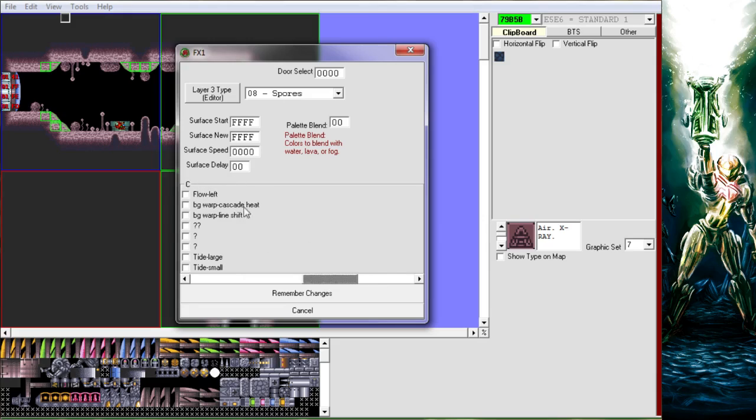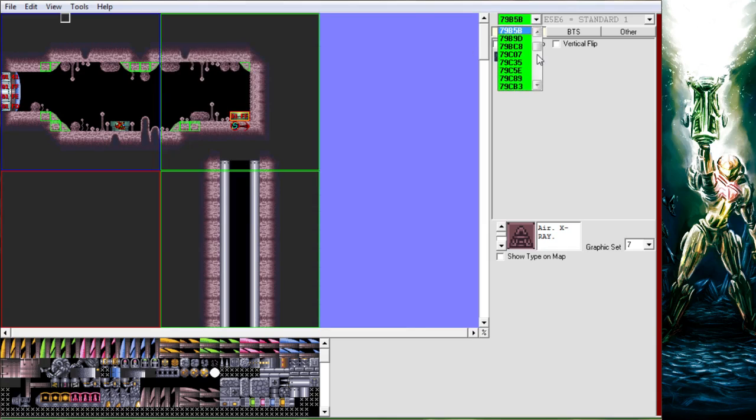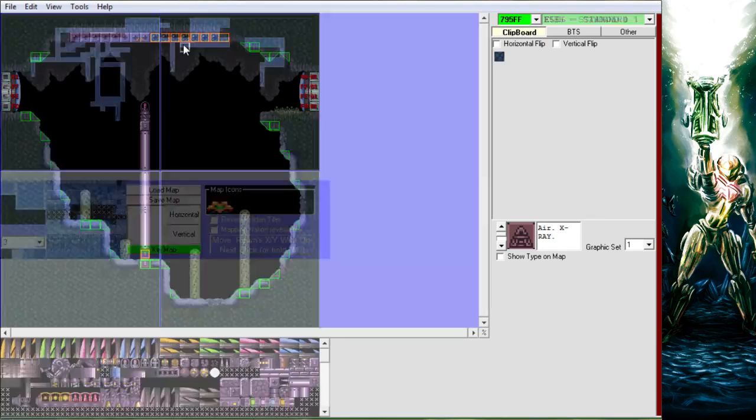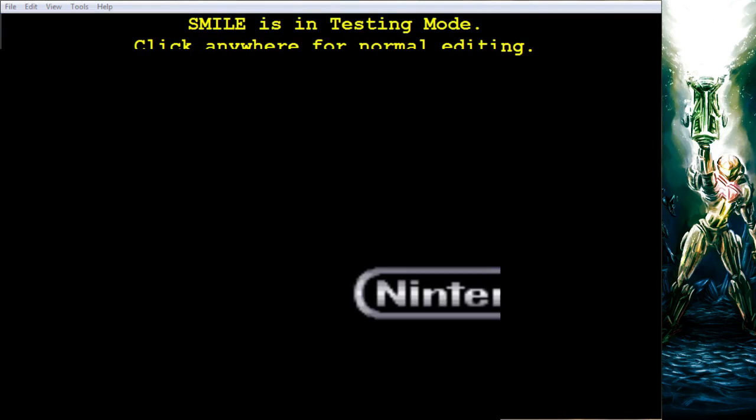But if we go over here into C, we've got some things here which affect liquid. So again, I covered this in the last video, but I didn't exactly cover all these line by line. Basically, if you have liquid in a room, this will make it flow left. It'll give it some movement. Basically, if you have, let me find a room with some water in it. So go to the interior lake. So if we go in here,